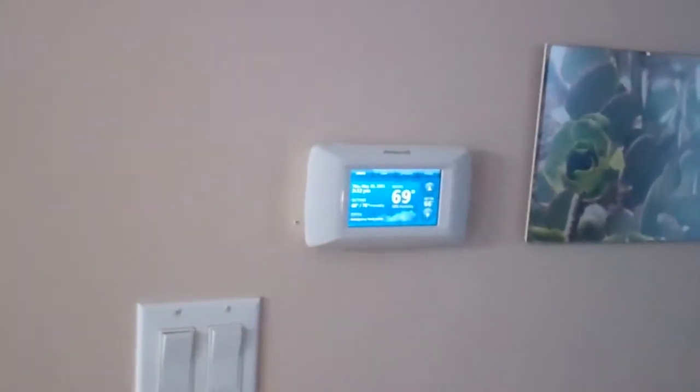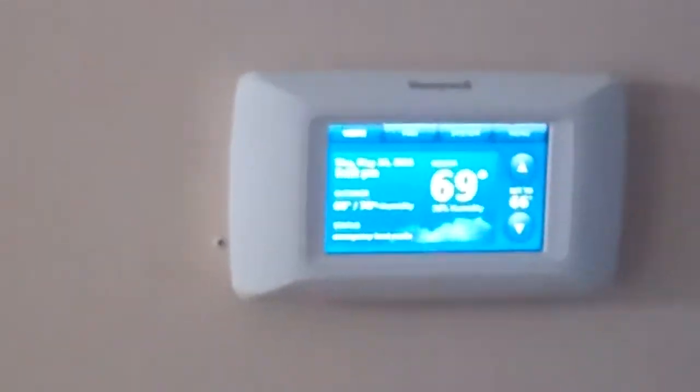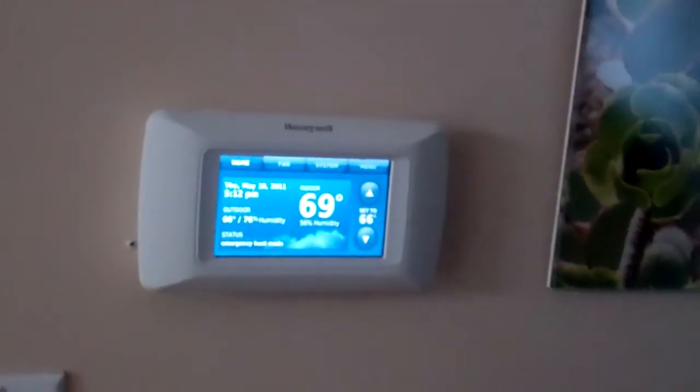We have some fancy new thermostats now. Tell us about what the difference is of these. Well, this is a great thermostat. I like it a lot. Obviously, it's very bright. It's backlit. It's an HD display, but it is an LCD thermostat, so it uses very little power for the display. It also tells you what the outside temperature is, outside humidity, and the humidifier that's installed on the furnace downstairs is controlled from the thermostat. So, you know, where it used to